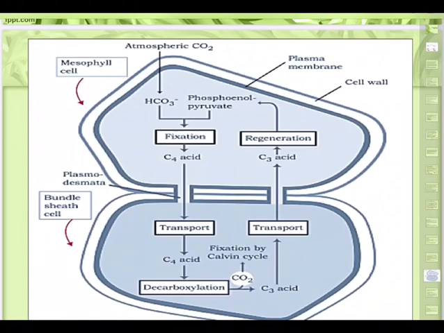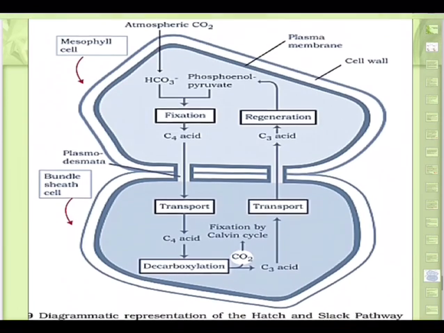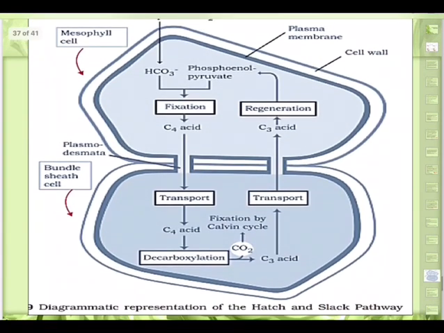And you can see here atmospheric CO2 is getting into mesophyll cells, then phosphoenolpyruvate is fixing it, C4 acid is formed, and this is transported through plasmodesmata from mesophyll to bundle sheath. From there, C4 decarboxylation removes CO2, and this goes into the Calvin cycle, and again phosphoenolpyruvate, PEP, is formed, and that gets transported back, with regeneration, from bundle sheath cells to mesophyll cells. So what you have to do is draw the diagram of this, keep your